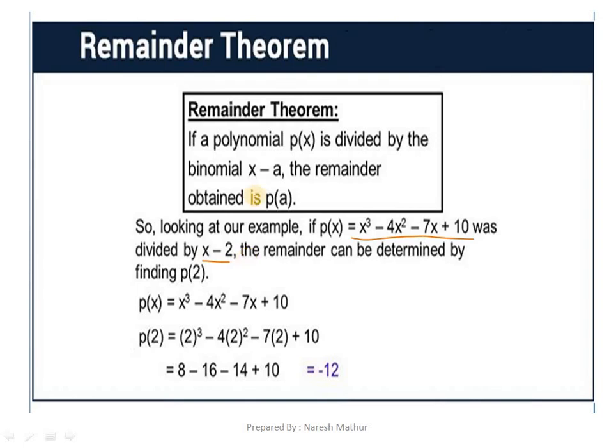How? See, if we need to find the remainder on dividing by x minus 2, we can just equate x minus 2 equals 0. So what do we get? x equals 2. Now you just need to put x equals 2 in the whole equation and we'll get the remainder. Isn't it interesting? Now we have x cube minus 4x square minus 7x plus 10. Just put x equals 2 and get your answer. Now you need to cross check it. Just do the long division and get your answer. Cross check. Okay.